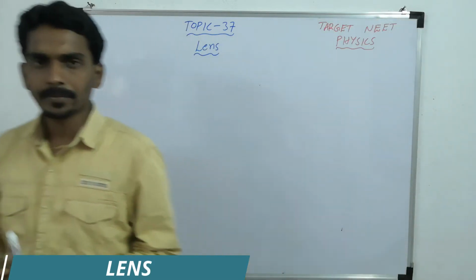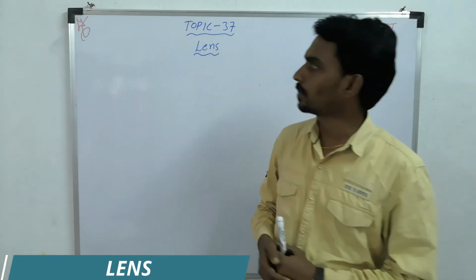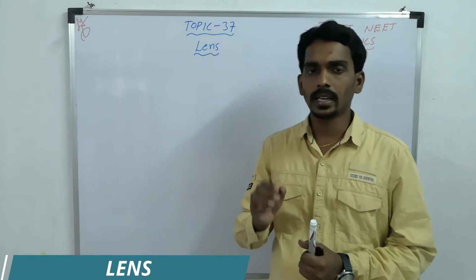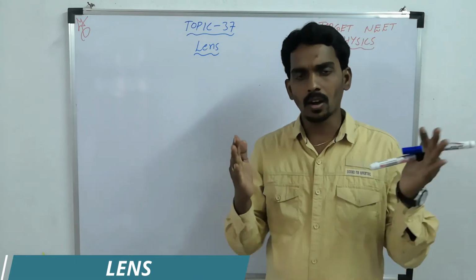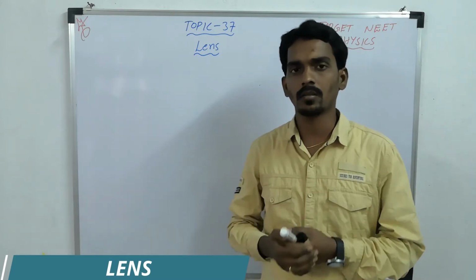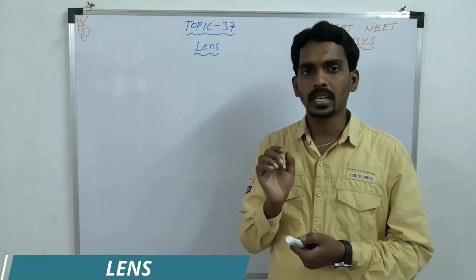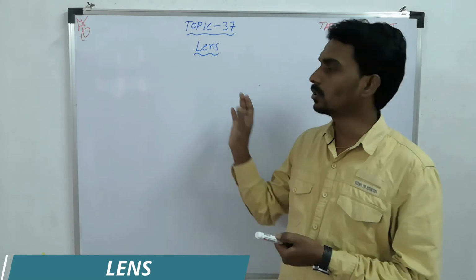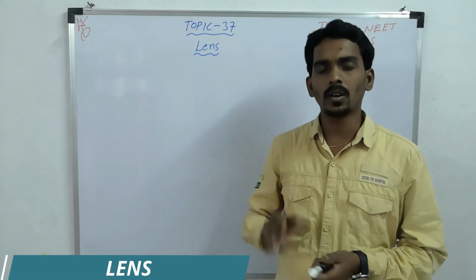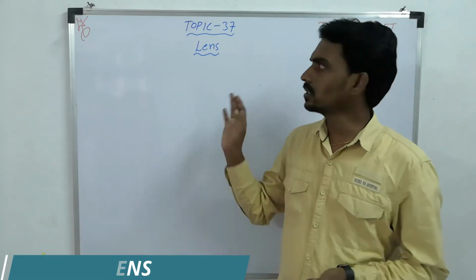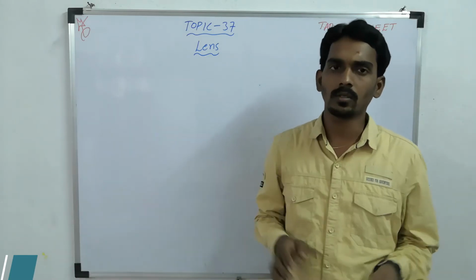One thing: throughout the ray optics chapter you need to take care of proper sign convention. Object side is always negative and the other side is always positive. If you consider that kind of proper sign convention, only then will you get the answer correct. After that you need to remember all the formulas based on which questions can be asked. Then understand the question and try to apply it.